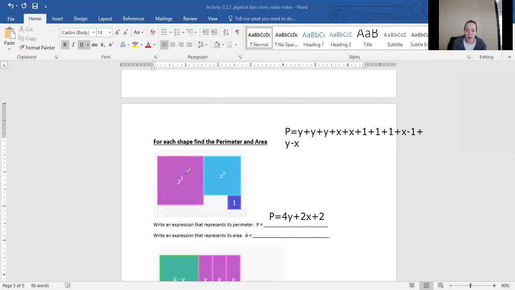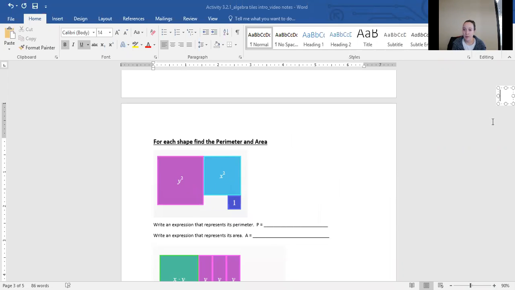Okay, area. Well, we know the area of the purple block is y squared. We know the area of the blue block is x squared, and we know the dark blue is 1. So now my area is going to be area equals, I have a y squared plus a 1 x squared plus a 1. So it's y squared plus x squared plus 1. That's my area. Okay, pause the video, make sure you have all that written down, and here is the challenge